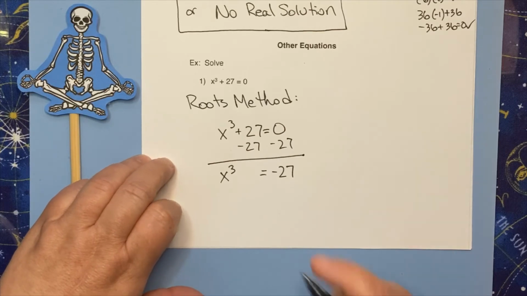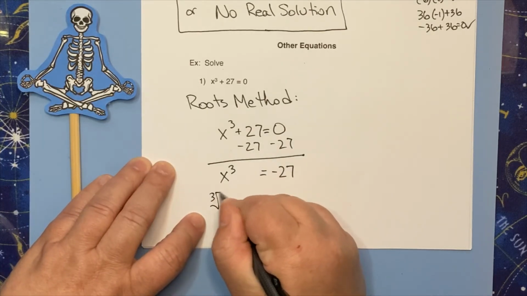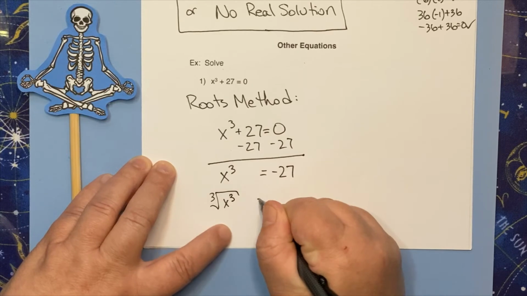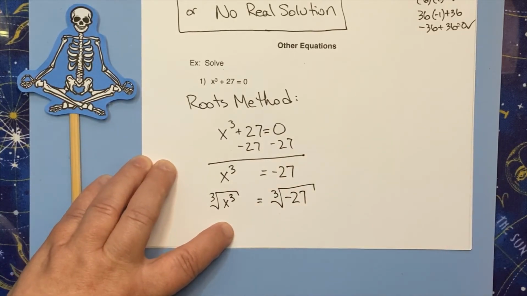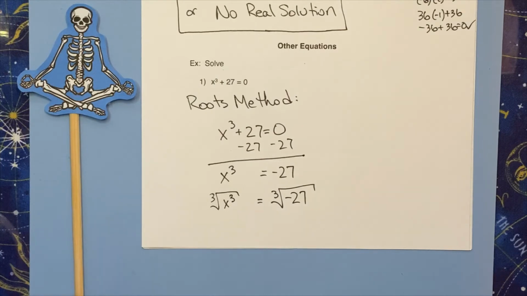What are we going to do? Well, what if we take the cube root? Oh no, wait, you didn't do the plus or minus. Spoiler: you don't need a plus or minus when you're taking the cube root, only when you're taking an even root. Why is that? Well,